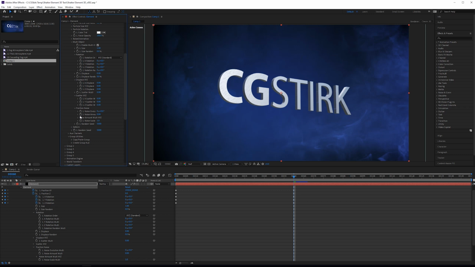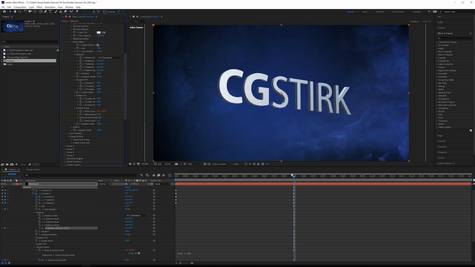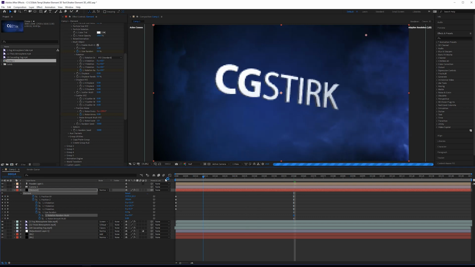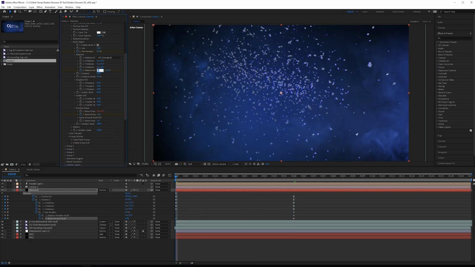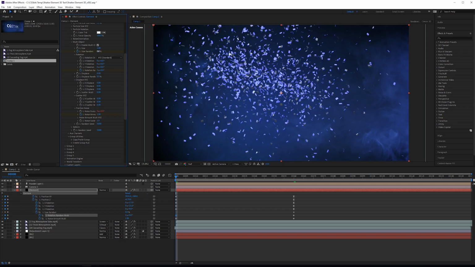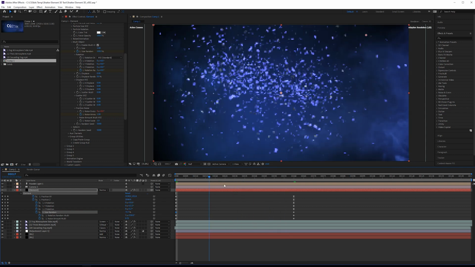But what I want to do, I'm going to grab the noise amount, and then for the noise evolution, I'll just add in a little expression here. So click Alt, hit the stopwatch, time, multiply it by 100 or something, just so it's always moving. Grab the size random and also the random rotation. I'll click U to see my keyframes again, go to the beginning. For noise, I'll increase the noise. Random rotation, I'll do 2 full rotations. And then for the size random, I'll have that at 100%. Get all the pieces to kind of fly in like that.